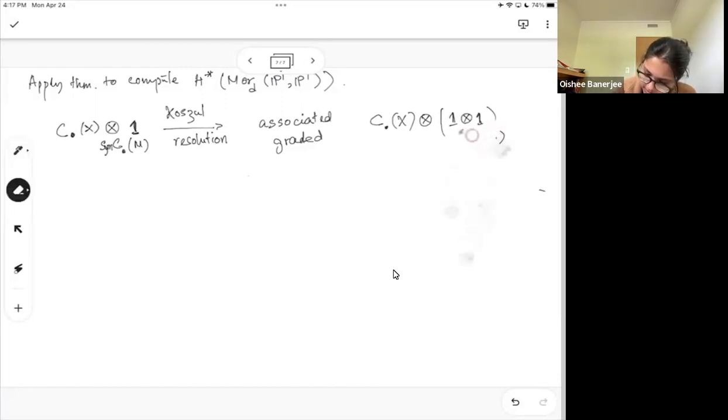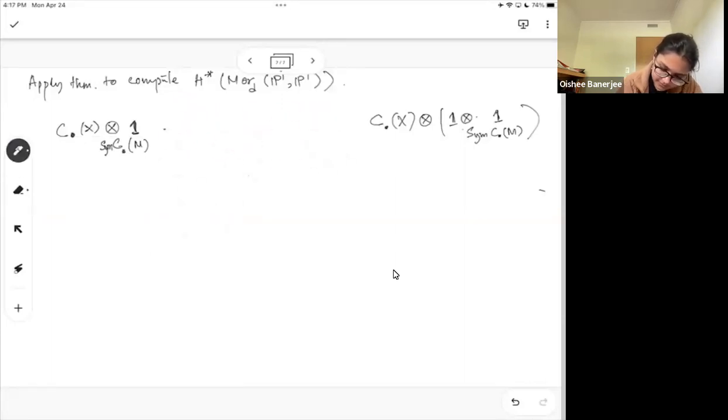Sorry, this looks pretty ugly. So this is the associated graded of this guy, right? And now, according to the theorem, this is the same as the chain complexes you have over U,